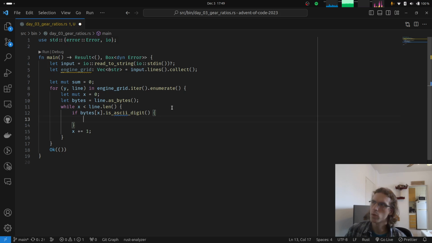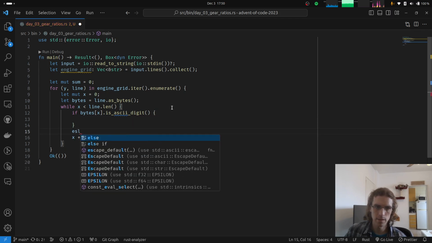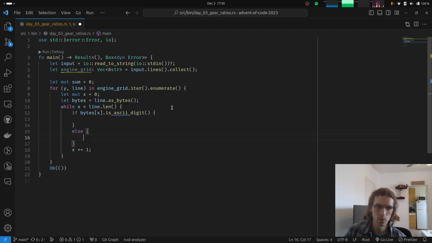And what do we want to do in here? I guess this is the else case. We want to just increment and keep going. But if it is an ASCII digit, what I want to do is probably first measure the